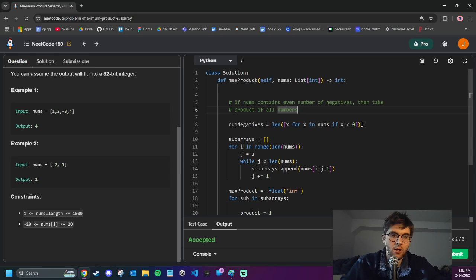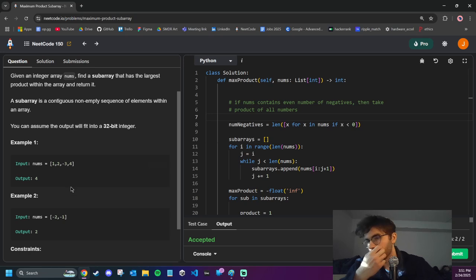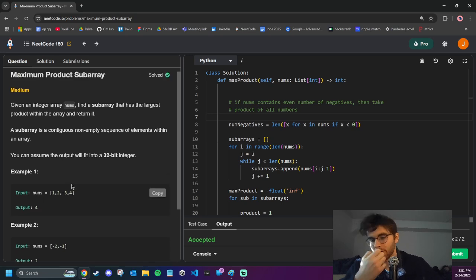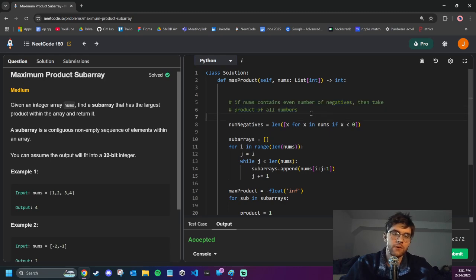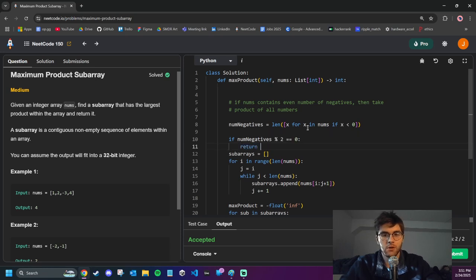So this will get me all of the negative numbers, and then also, can it be 0? Yeah, so num could also be 0. Okay, so that's something I did not consider either. So we want to avoid zeros, so that's something we're also going to have to think about. So the length of this array is the number of negatives. So if the number of negatives mod 2 equals 0, then we can return